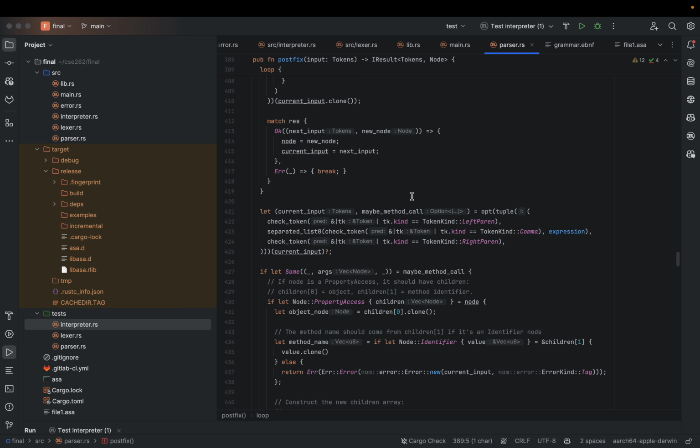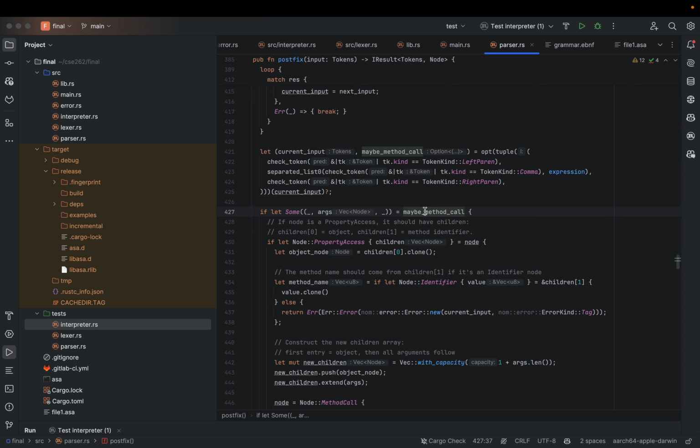After that, we check if there are any arguments, so left parenthesis, comma, right parenthesis, and if they do exist, then right here, this may be a method call thing, this optional thing,